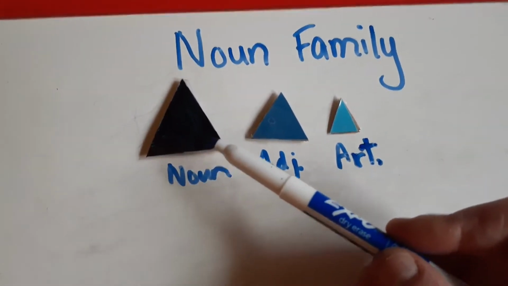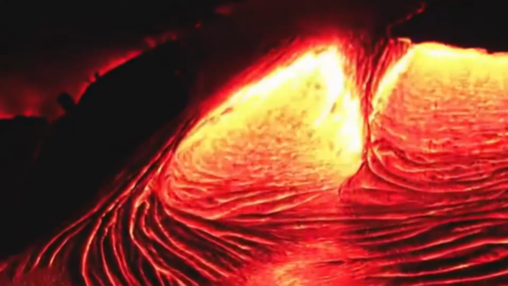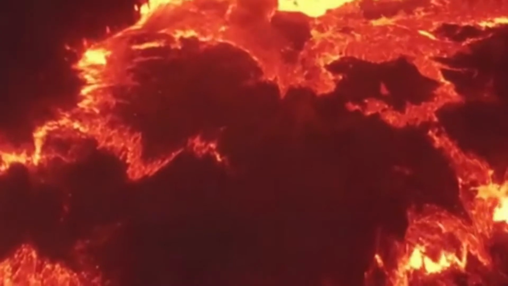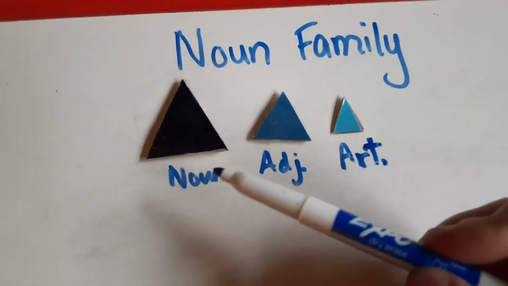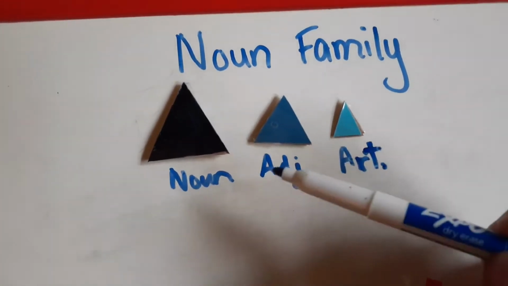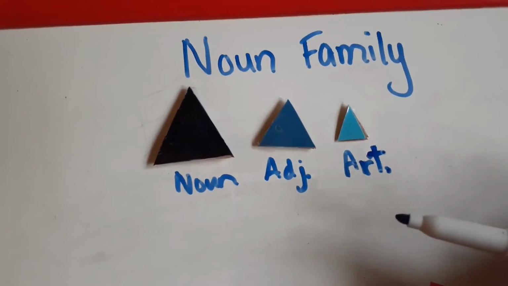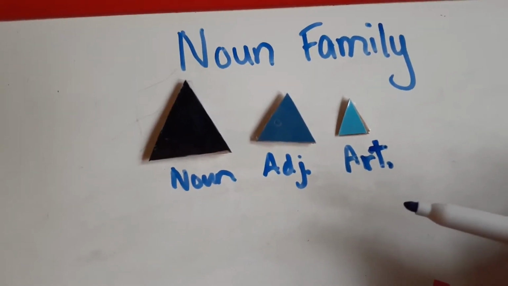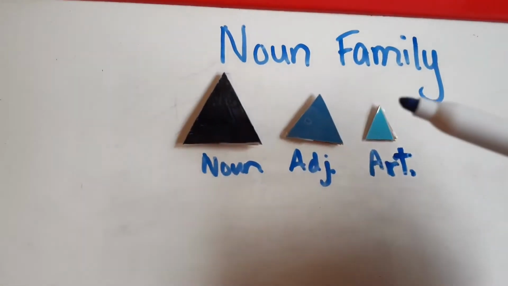So a noun is often shown as a black triangle to represent black rock or obsidian, which is kind of the first land bits that happened on Earth, and the adjective and article just fade in color and reduce in size to show that they belong to the same family. So when you're introducing this to your child, you want to make sure that you'll have whatever objects you'll want